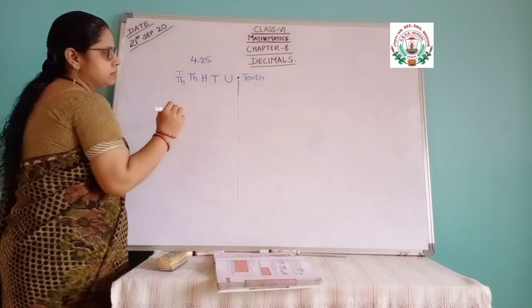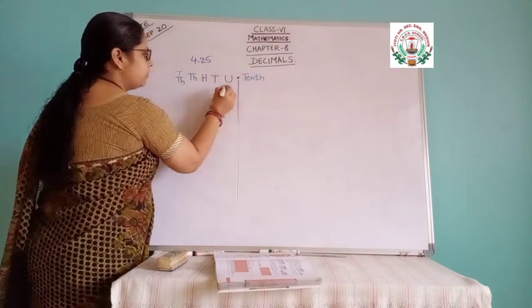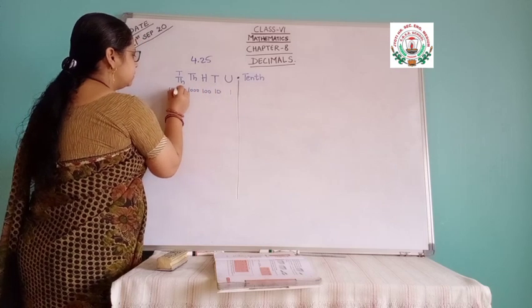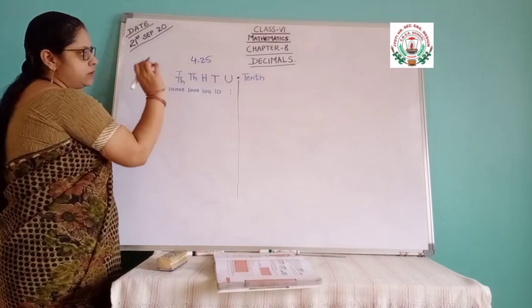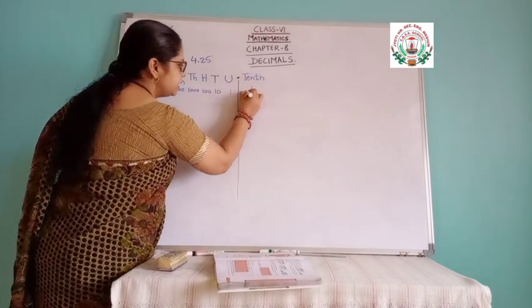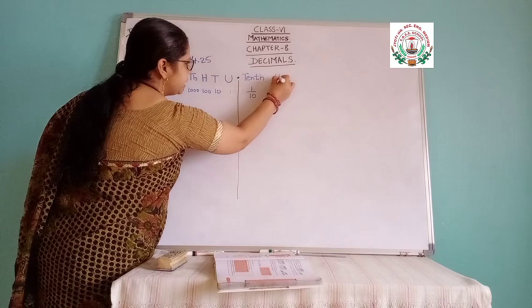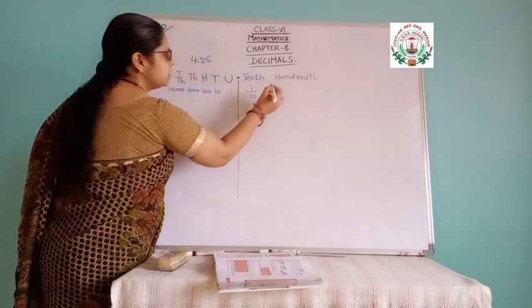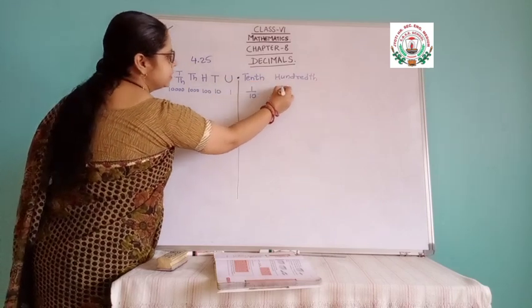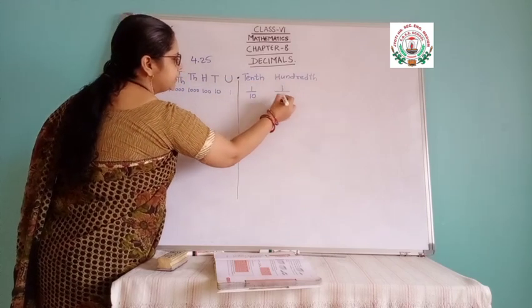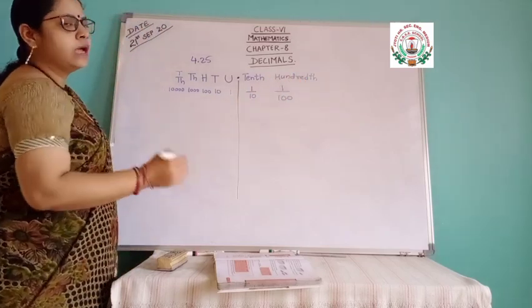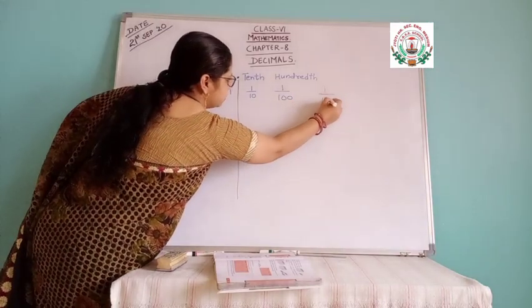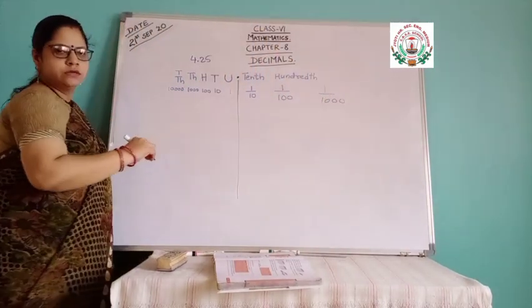Now what is this 10th? You know 1, 10, 100, 1,000, 10,000. These numbers you know. Now this 10th is 1/10. Then after that comes 100th. Along with these numbers, TH is coming. That means 1/100. Then 1000th, TH will come, so that will be 1/1000. And so on it will go.